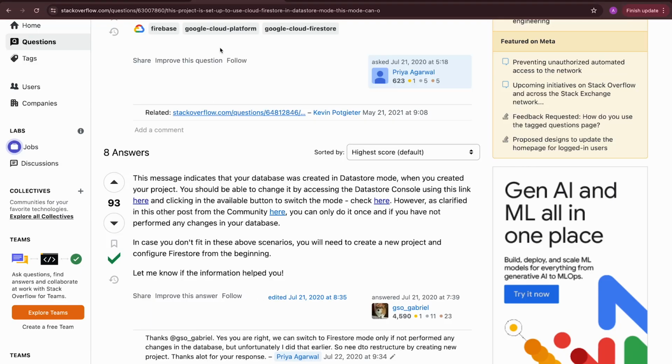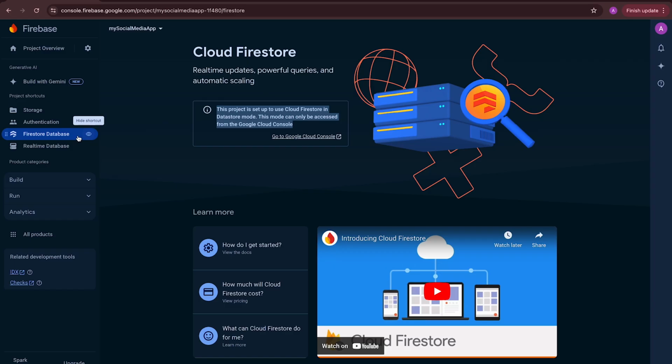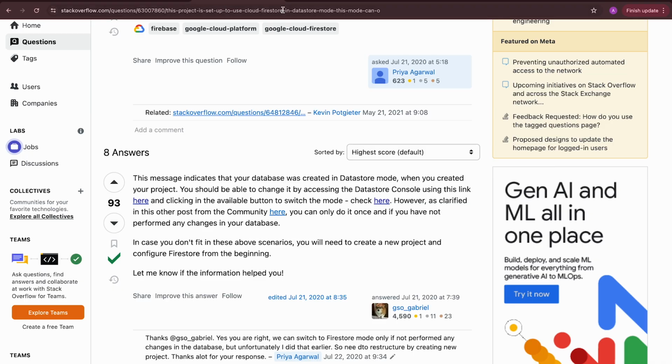Okay, so I found this post on Stack Overflow because I noticed that on my Firestore database, it says this project is set up to use Cloud Firestore in Datastore mode. This mode can only be accessed from the Google Cloud Console. I searched this entire thing on Google. I found this Stack Overflow website and the answer, and there the person suggests that you would need